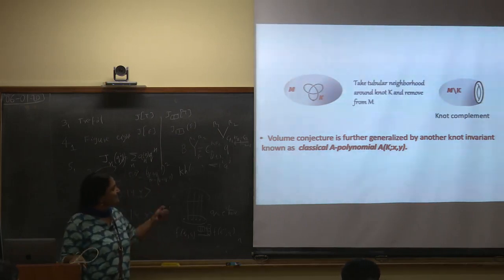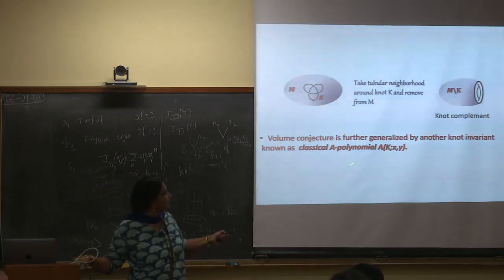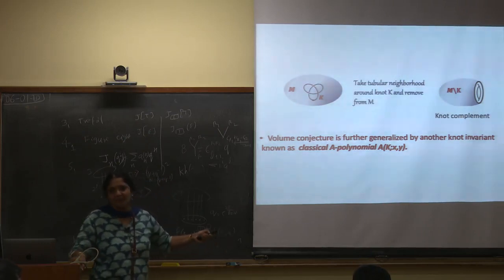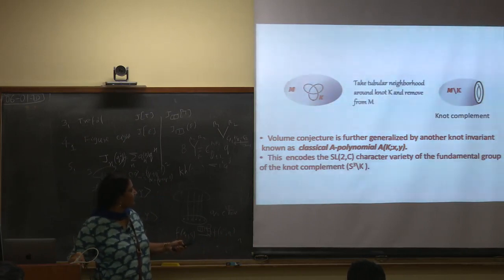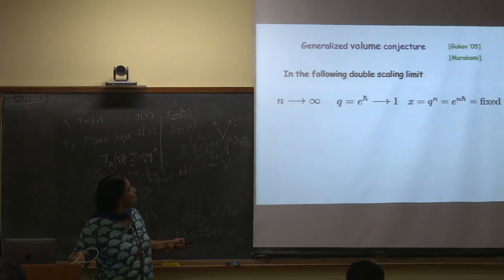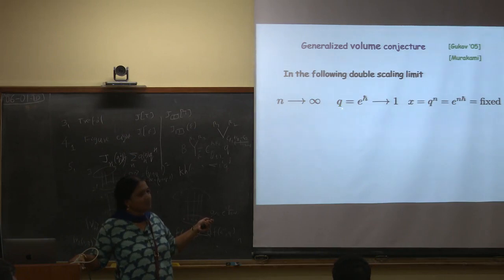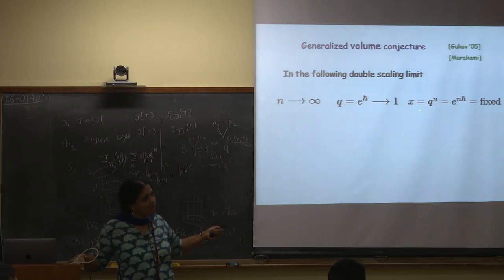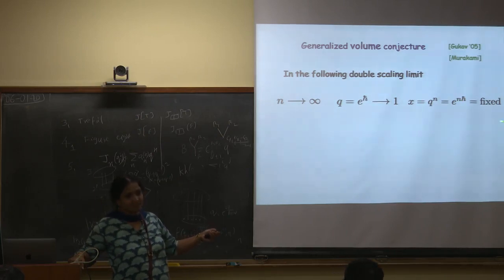Okay. So then there is a generalization. This is nothing but the zero locus of this, which will give you the space of flat connections in SL2C Chern-Simons. Here is where you do the double scaling limit. You call this Q a quantum deformation, h cross tends to 0 is like Q tends to 1, and you take a double scaling limit where x is q to the power of n, which is e to the n h cross, n tends to infinity, h cross tends to 0, and n h cross is fixed.